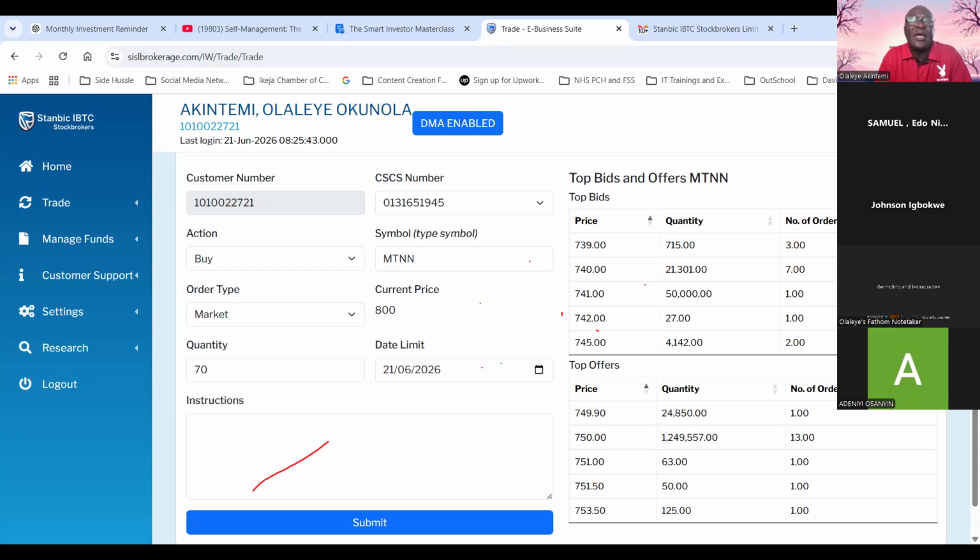You can start with Bamboo, have all your stocks there, but keep trying to see whether you can register with Stanbic IBTC or any other directly licensed stockbroker. If you are lucky and you get through with a direct stockbroker, then you can move